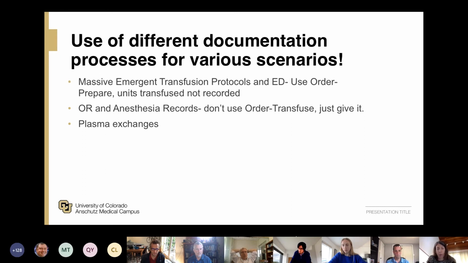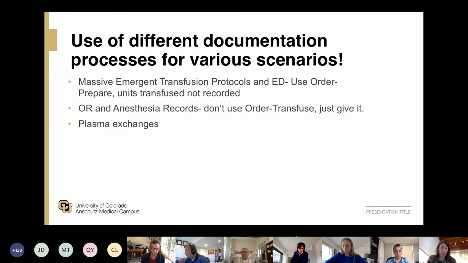The other thing is that in the operating room, the anesthesiologists don't write an order to transfuse either. The anesthesiologist is there to support the patient's care, both for pain control and stability during the operative procedure. If they think someone needs this, they have it on hand and they give it, but they don't write themselves an order to do what they know needs to be done. Now, they do record these in anesthesia records, but this shows you that this information exists in different places, depending on the setting where it's given.